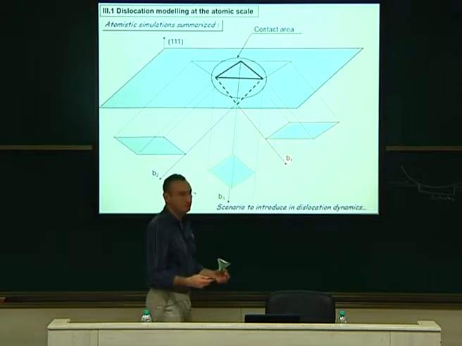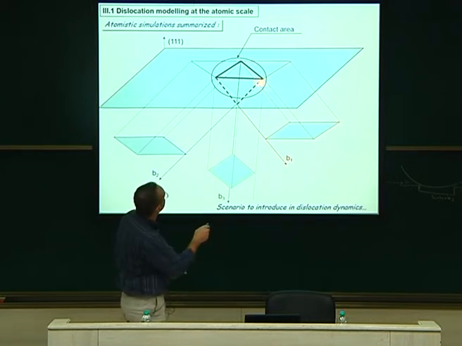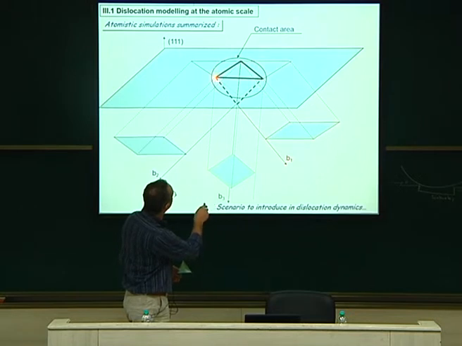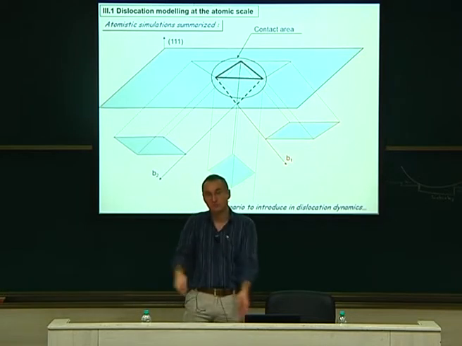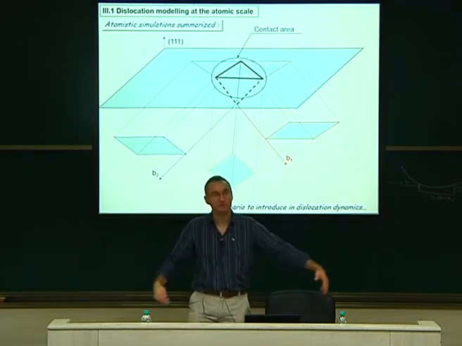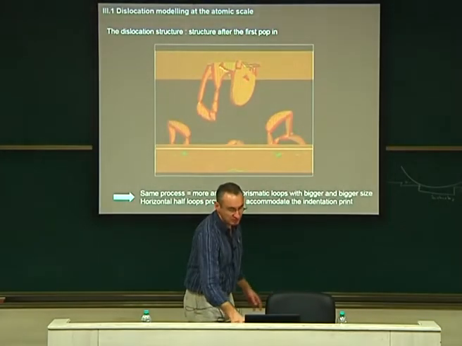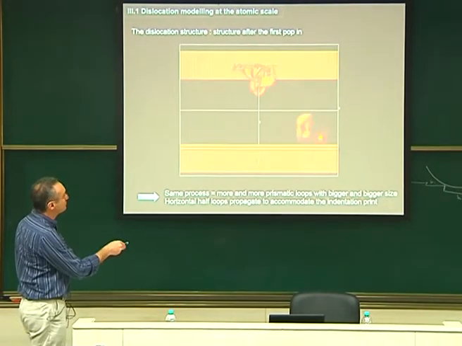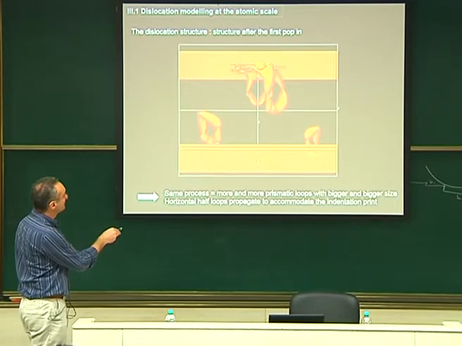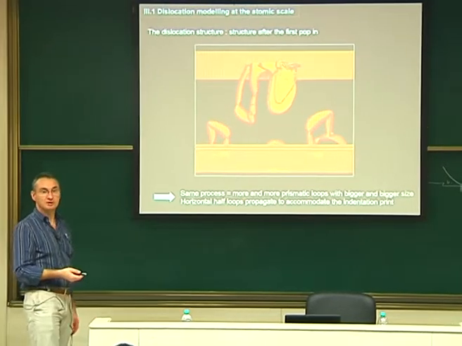So this is what I learned from MD. I learned the shape and the position of the loop. And one more comment. Of course, the size of the loop is proportional to the contact area. The contact zone is here, and this fixes the size of the loop. So when you start with a small contact, you have small loops. When you go deeper and deeper, the loops are bigger and bigger. And I think we saw that in the movie also. If you go back here, the first loops, I think, are smaller than the next, just because of the contact area. These are small loops, and I'm sure the second one is bigger. The second here will be bigger in size. So this is the same mechanism, okay?